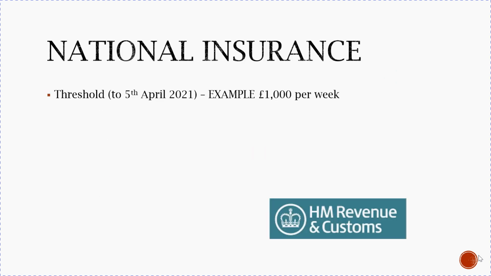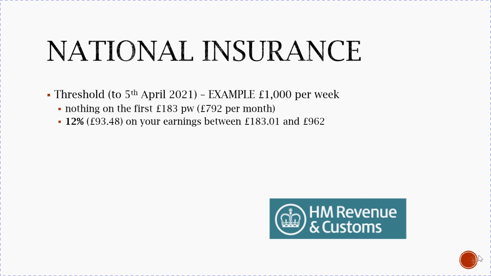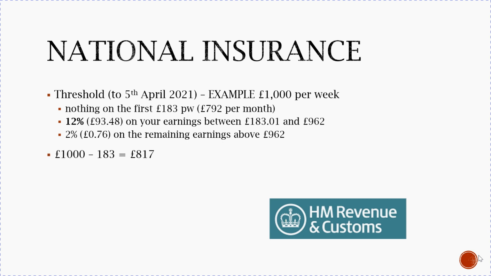Now, national insurance, just to give you an example, if you earned £1,000 a week, there's nothing on the first £183 a week, which works out to be £792 a month. So the first bit of any income is tax-free, national insurance free, and then after that they apply it on your earnings at 12%, and that's only up to £962 per week, and then above that there's an extra 2%. And so looking at this example here, if we did earn £1,000 a week, the first 183 is fine,